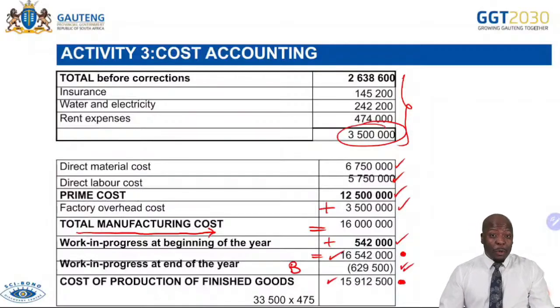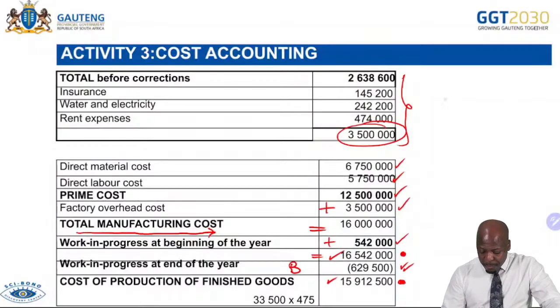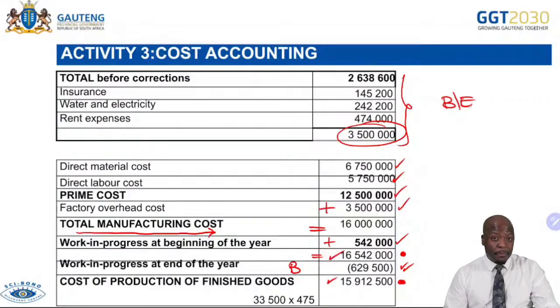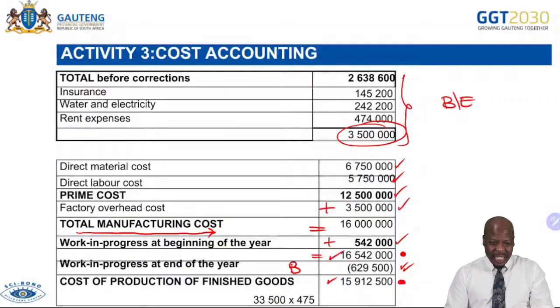So once again, I want to remind you of your break-even calculations and commenting. Break-even calculations and commenting. Internal controls. Remember, control direct labor, control direct material cost. Very, very important. Ensure that you do these ones as you prepare. Okay, I'm going to move on to the next question, which is a different question.